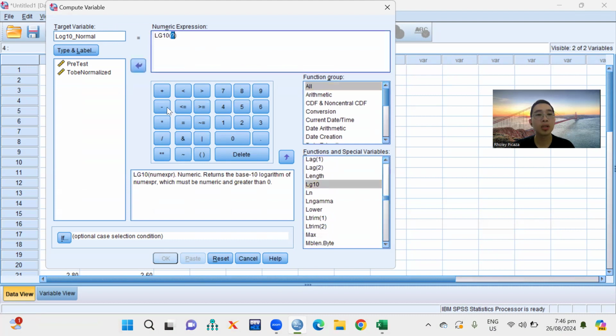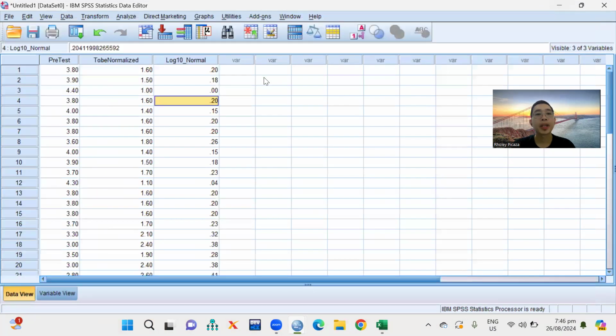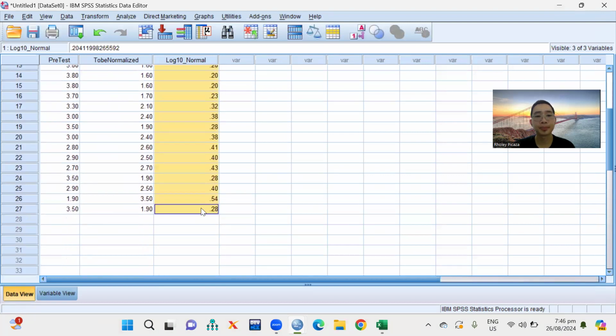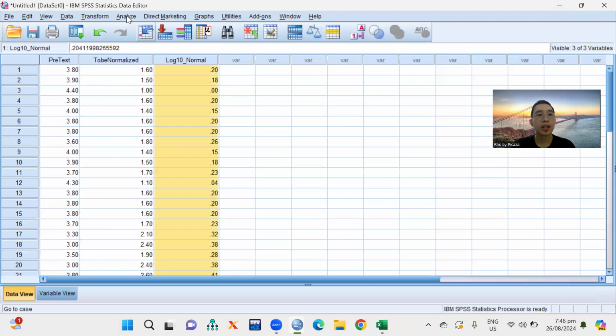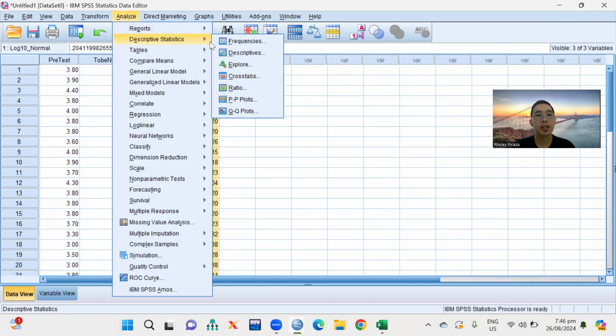Double click this one, and then for it to be normalized, go to numeric expression, and then OK. So this is now executed. This will now be the data of our new logarithm.